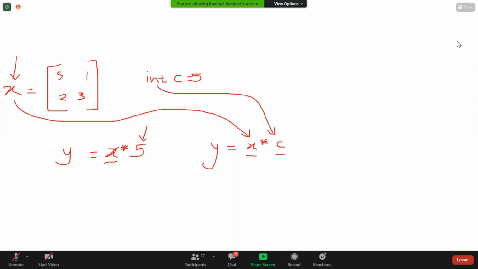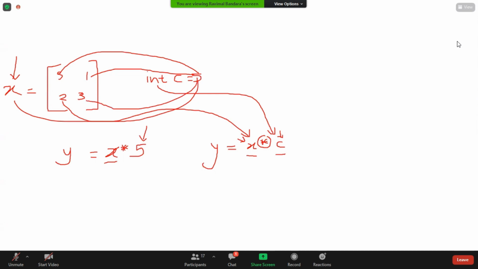You cannot multiply an object with an integer. So what you have to do is overload this particular operator and define what to do with this newly received operand. Whenever you receive an integer operand with your own user-defined type, you have to multiply 5 with this one, this one, and this one.